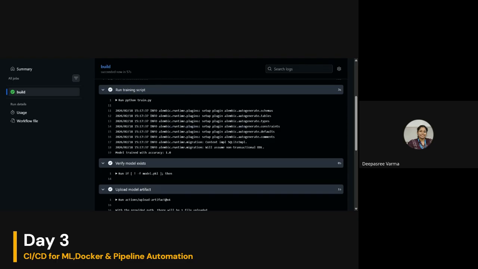Okay. So maybe I will do one thing. As I told you yesterday, I will give you the detailed notes. Then you can try it again, because you had to create a branch there. Then only you will be able to push it. Okay. So without creating a branch, you will not be able to push.